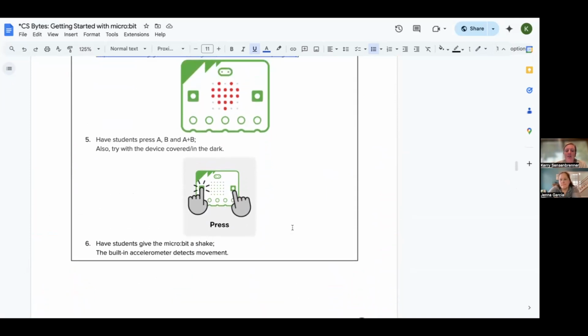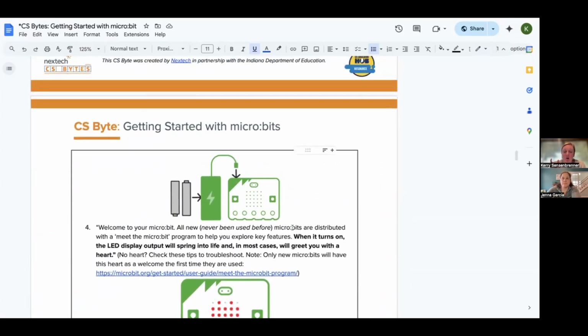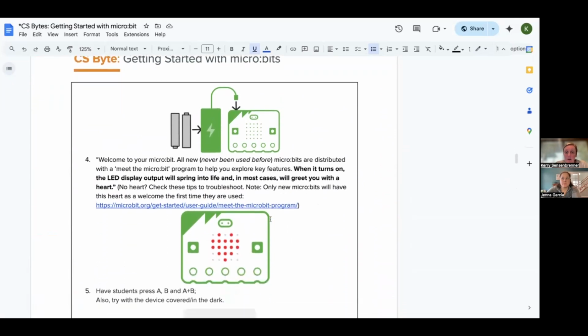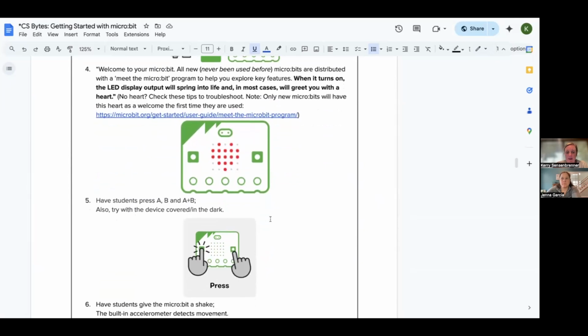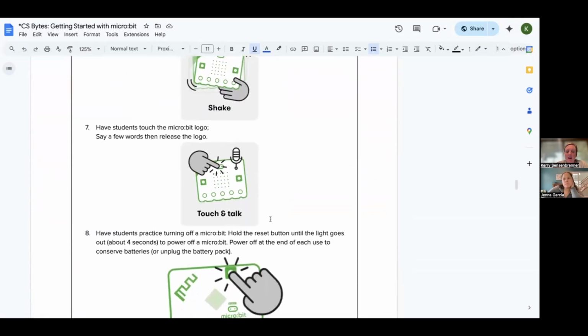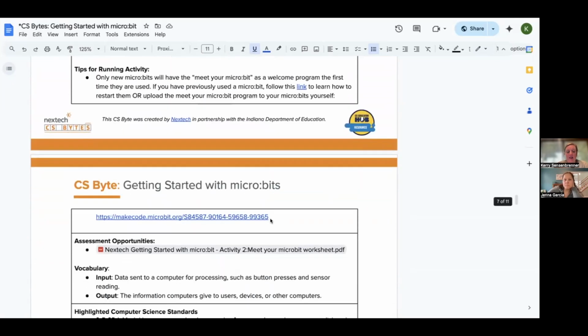So these are kind of just bite-sized activities that allow students to feel really engaged with the microbit, but then also allow you on the back end to start establishing and allowing for ample time early on to pass out and collect your supplies, and then that time will decrease as you go through. So this is a great opportunity for students to feel like they played with a microbit and it turned on, because the day before they didn't get to turn it on, and now they have a big win. And so that would be activity 2, 1 class period of just getting it out and practicing that while still